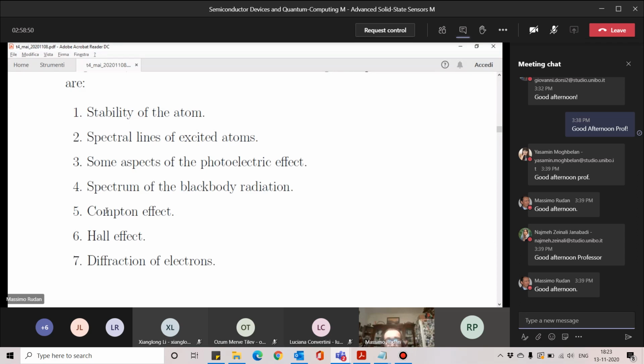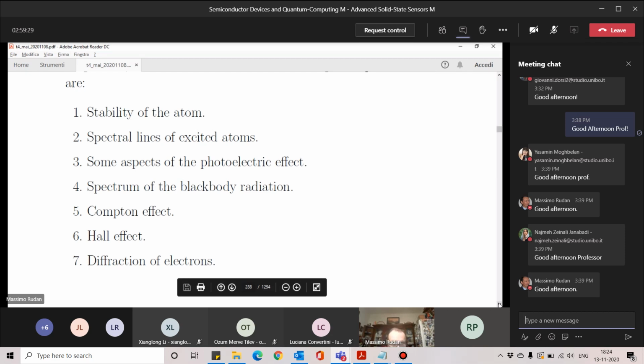But at some point, if I remember correctly, we have introduced somehow the effect when we were discussing the sensors of the magnetic field, okay? So I don't think it is worthwhile